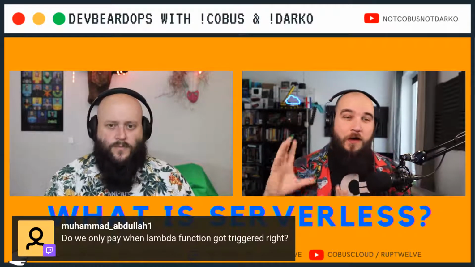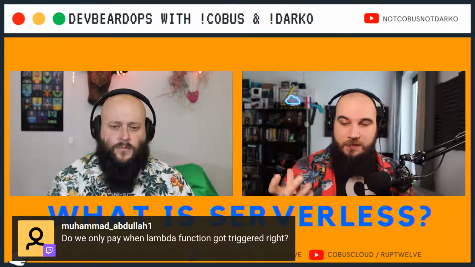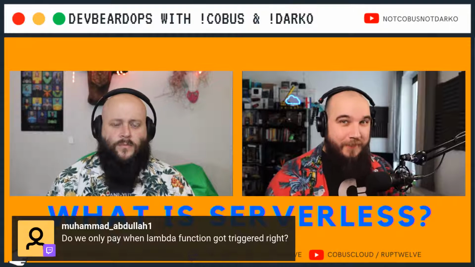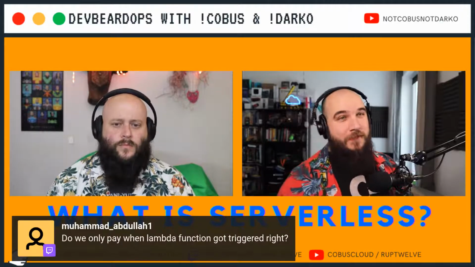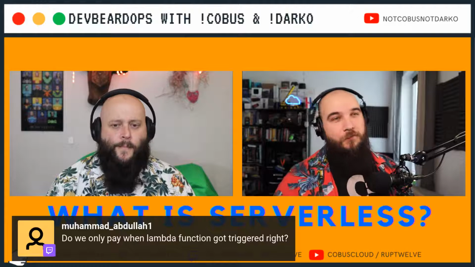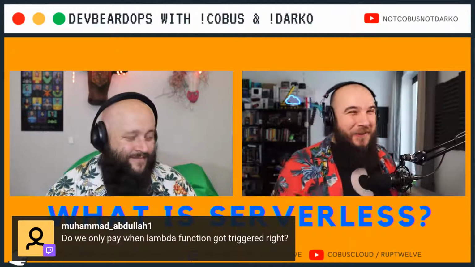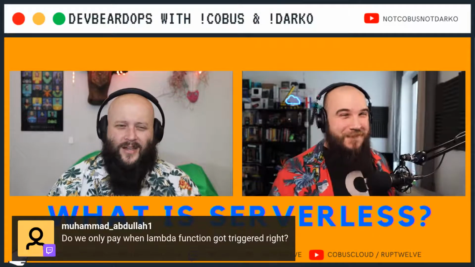So think of it this way: if you have an application that runs only for a couple of milliseconds, you only get charged for a couple of milliseconds, and that's peanuts. This kind of forces you to write good code. If you have a bunch of sleep statements in your Lambda functions,